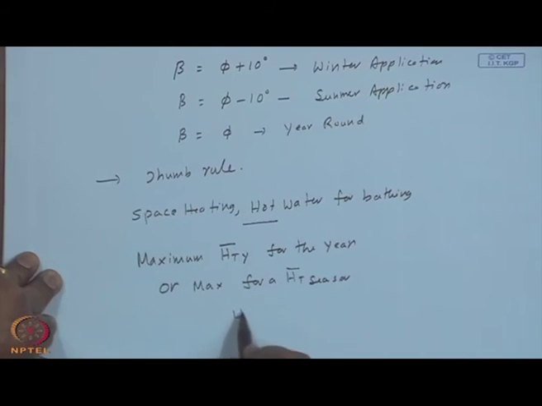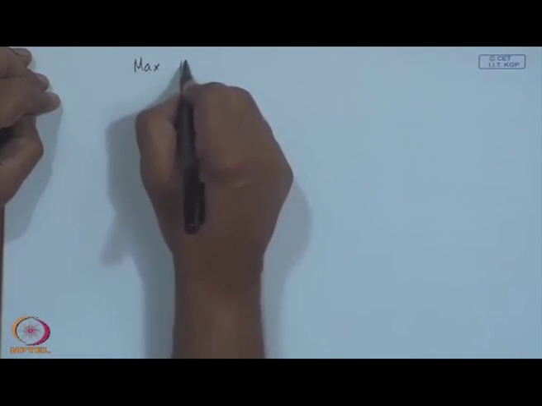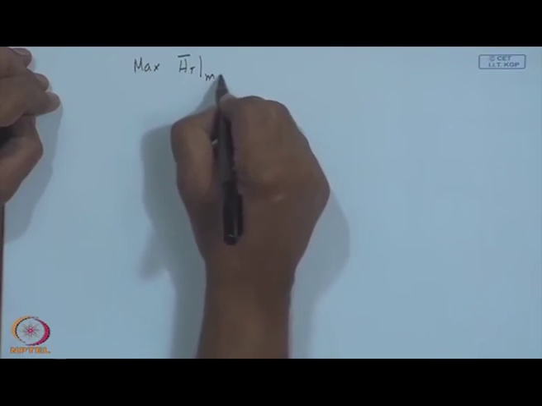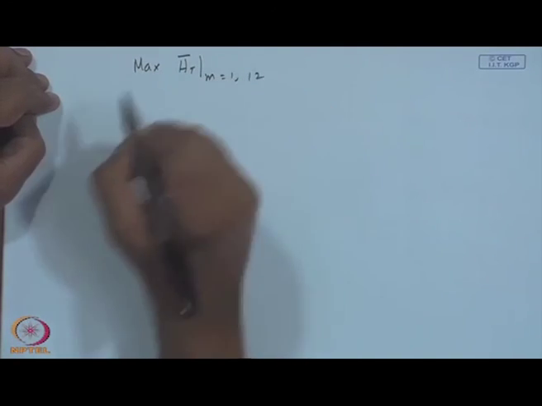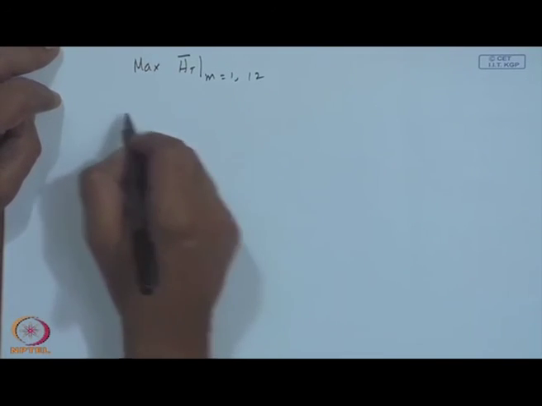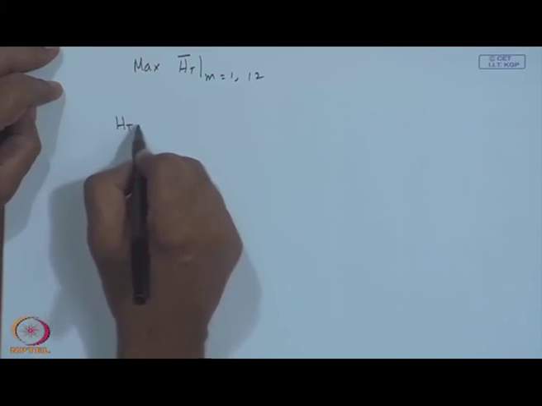We can say for example, maximum HT bar for delta greater than 0 or HT bar for delta less than 0, or you may say that max HT bar for any month 1 to 12. Okay. So, technically we can find out HTY